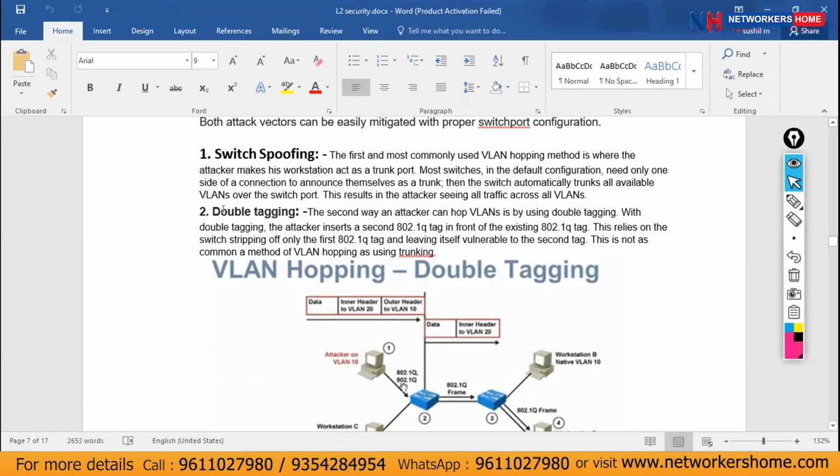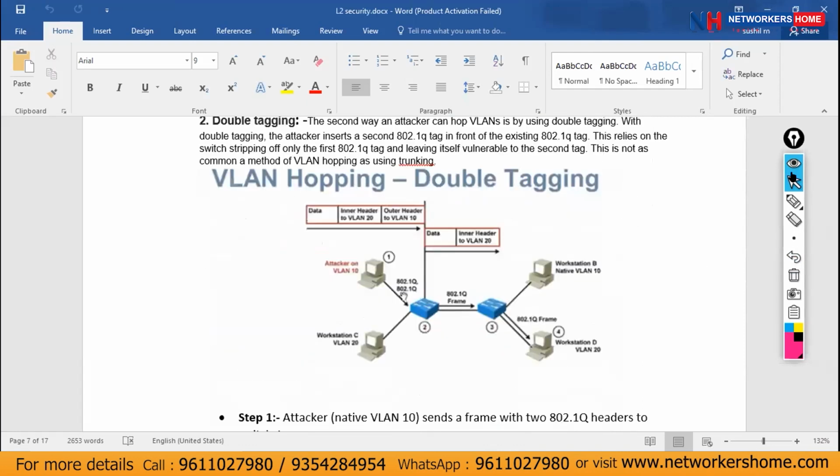Now let's understand what's double tagging. In this double tagging, what happens? Let's say there is an attacker. This double tagging is a VLAN hopping attack. In this VLAN hopping, I'm doing a double tagging attack. You can see the attacker is in VLAN 10 and my destination workstation is in VLAN 20, and there is a trunking between these two switches. On the other switch,